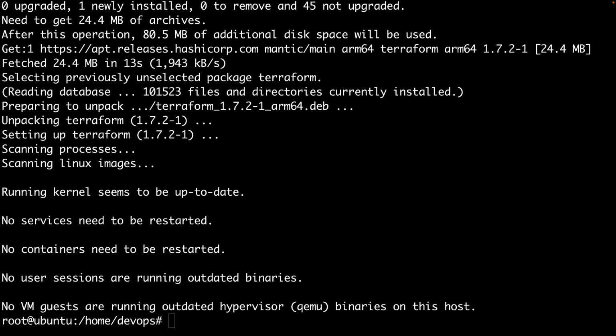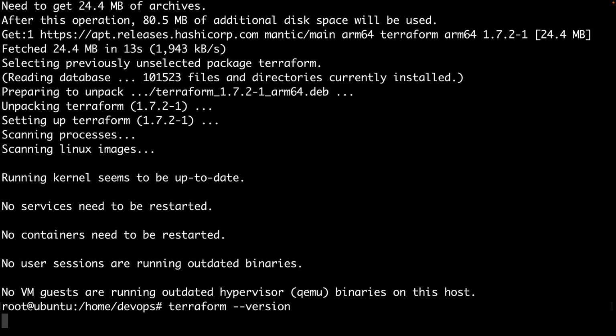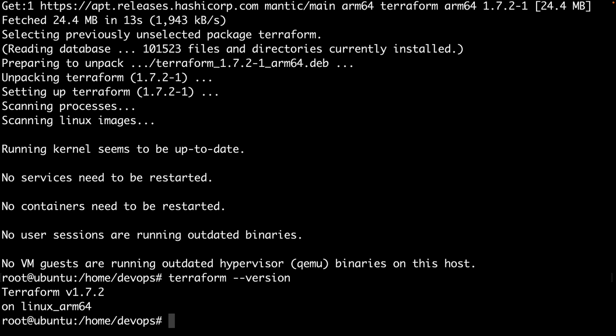Just to double check, this time that we run a terraform command, we are not expecting command not found, but the interpreter is available in our system. We can verify at any moment the version running using terraform --version, and we got this output. In this case, it specifies the version as well as the type of operating system and the architecture. In my case, Linux on